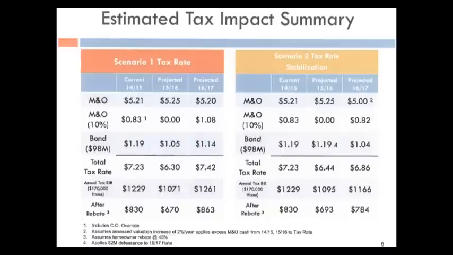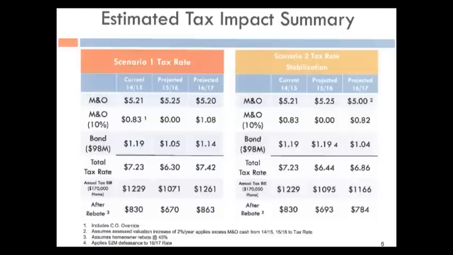The rate falls next year precipitously to 644, but then goes back up to only 686. So that difference between 742 in scenario 1 and 686 in scenario 2 is what we're trying to do with this process of rate stabilization so that the taxpayer is not burdened as much as they would be had we not tried to do something to moderate what the rate is. And then you can see the resultant tax bill for this home is at the bottom of that sheet.